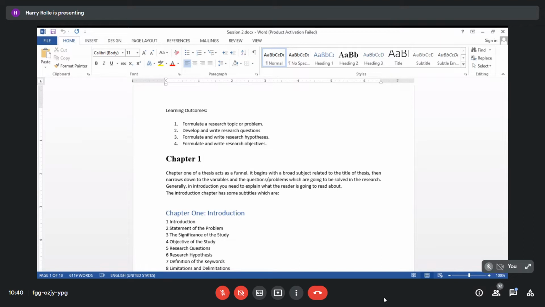So, ayan daw. So, when we talk about chapter 1, para daw siyang isang inverted triangle. When we talk about chapter 1, this is an inverted triangle wherein you have your topic or title. So, it is yung pinaka nasa ibabaw. It is the broader. Ano bang topic mo? For example, sinabi mo you're going to connect some... what do you call this one? You're going to connect a camera in order for you to check the security of a certain area.